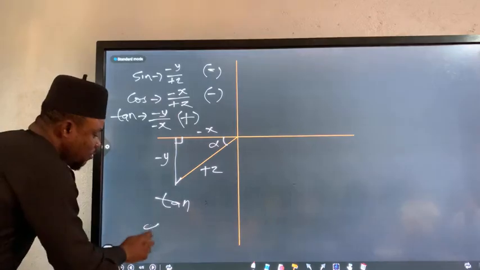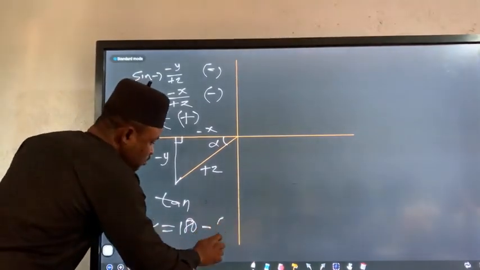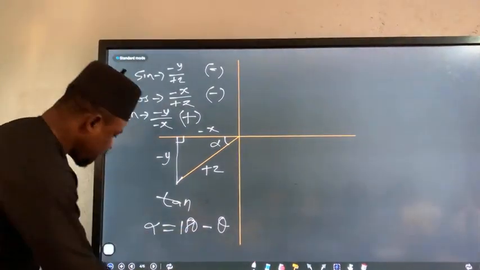And the acute angle value is equal to 180 minus theta. Are you with me? Finally,